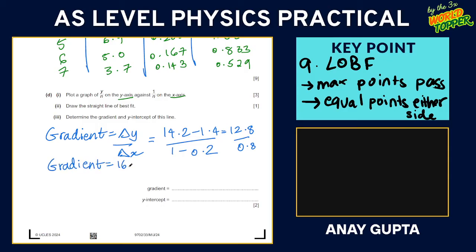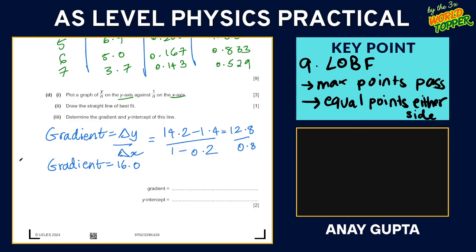comes to 16.0. Now take care, guys, take care. I have written 16.0 and not 16. This is given to 3 significant figures. Very, very important. If you forget the significant figures, or give it to 2 significant figures, you drop a mark